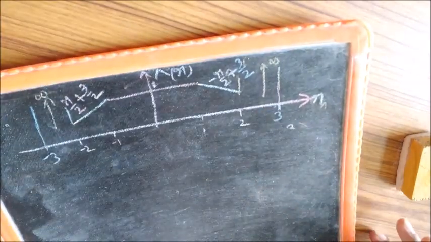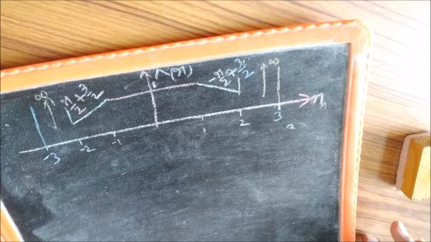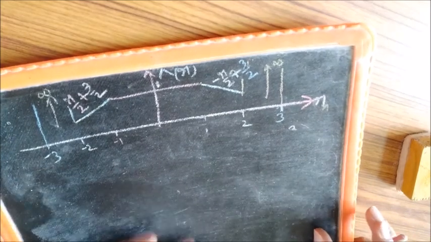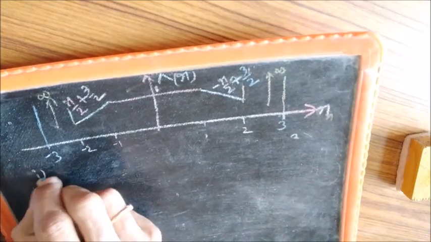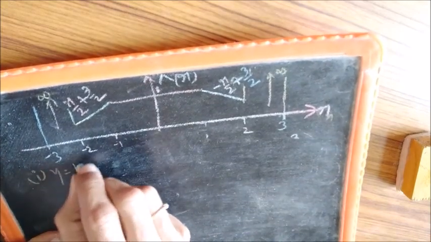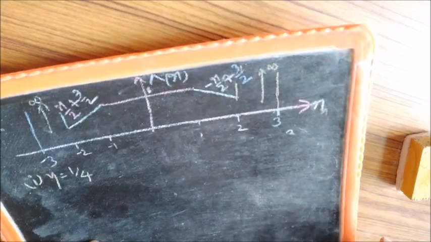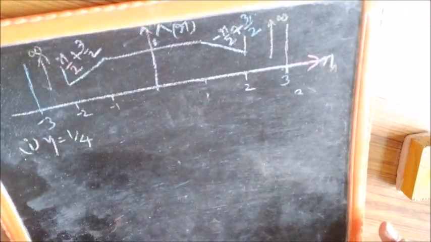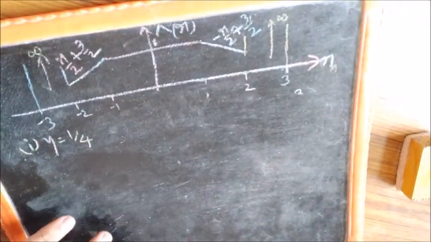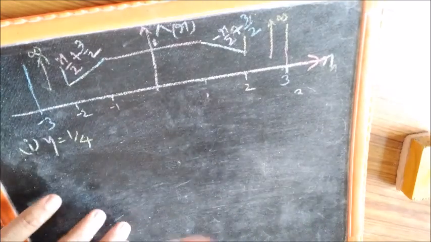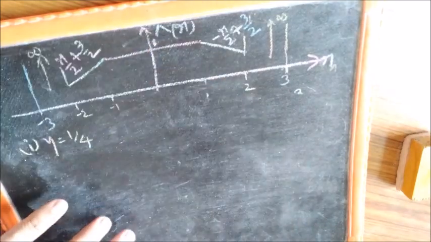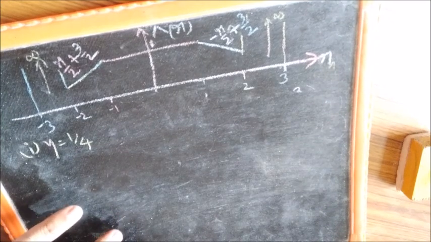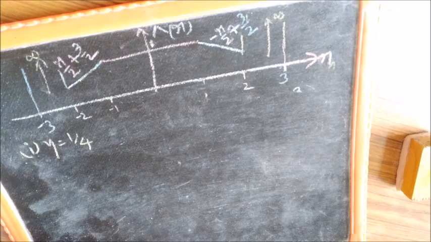Now coming to the first question, we have to show the decision regions for 3 different values of eta. So I list them one by one. First is eta equal to 1 by 4. When eta is equal to 1 by 4, what is the decision region? Remember, a decision is taken by comparing the likelihood ratio with eta. More than eta means you declare H1. Less than eta means you declare H0.